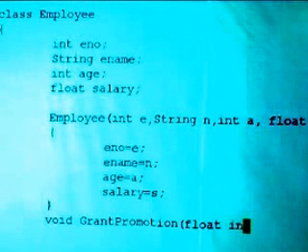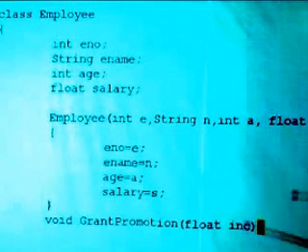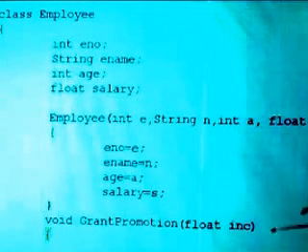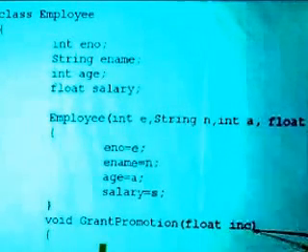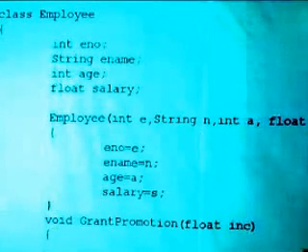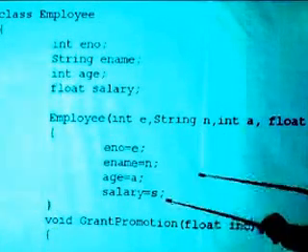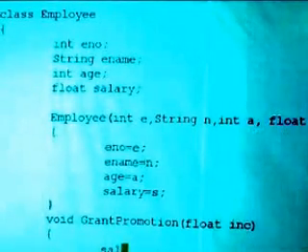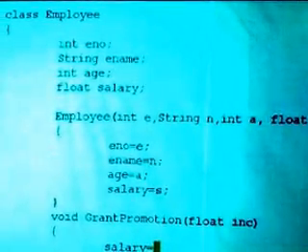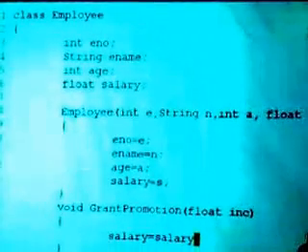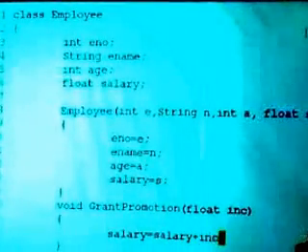The way grant promotion is implemented is it enhances the salary by the parameter which is passed over here. That means the salary of the employee goes up the moment you give him an increment. Salary is equal to salary plus increment, or you can also write salary plus equal increment using the compound operator.